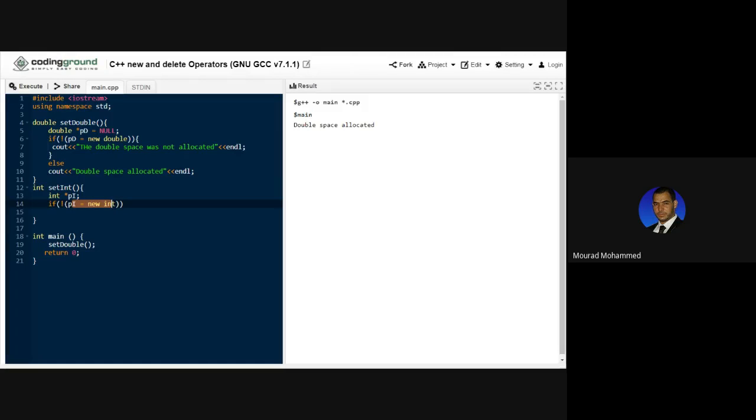If it did not happen, there will be a message to be declared, which is the cout: int space did not get allocated, endl. Else,